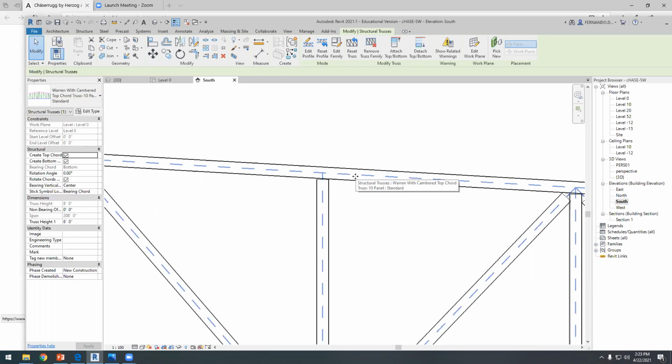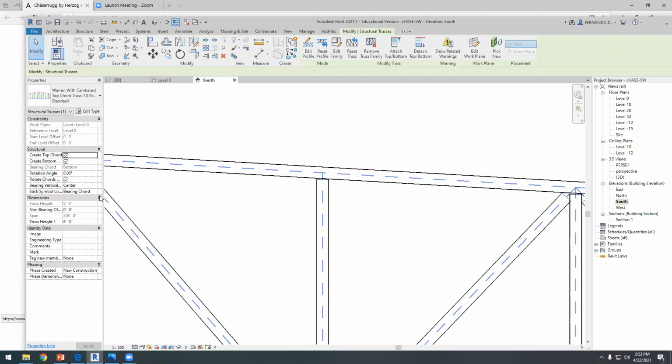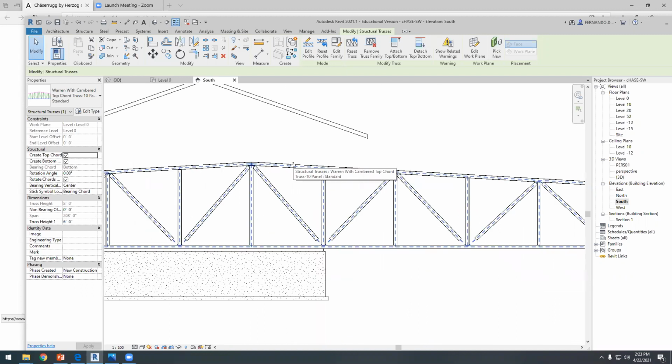Okay, so I'm using the beams here, which are steel elements, okay, because usually the truss is made of steel elements. But now I want to change this to,